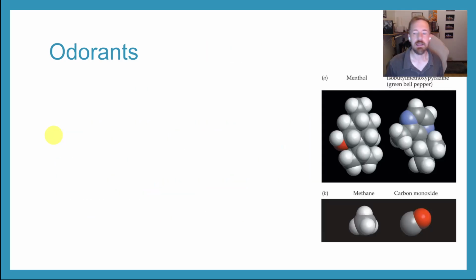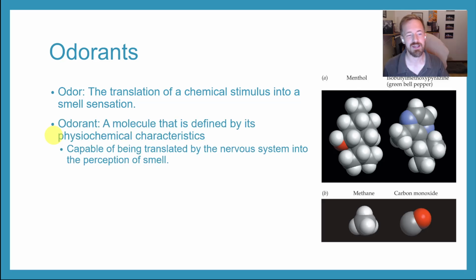Yeah, it's disgusting. Okay, so let's talk about how this disgusting sense works. Odors are any kind of chemical stimulus that we have turned into a sensation. In other words, it is a stimulus that we have translated into a signal. So odor is that translation. And an odorant is the molecule that is translated. An odorant is a molecule that has a very specific kind of physiochemical property that we are going to recognize, or translate into an odor.